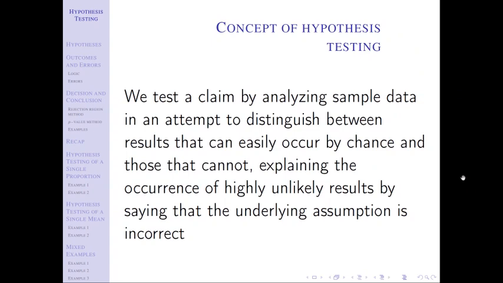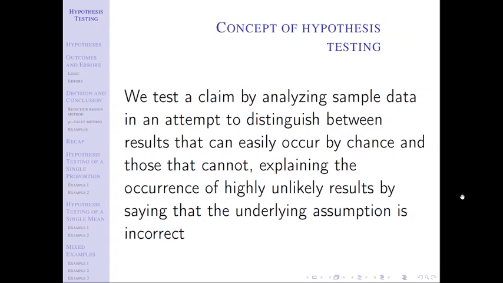They never really actually know, but they're going to say, you know what, this whole assumption that this person was innocent, I just can't buy that. I'm going to conclude he's guilty because that's really the only thing I'm left to do with this evidence to the contrary of my initial assumption. And that's this idea here. When we have highly unlikely results, we're going to say that initial underlying assumption was probably not right.